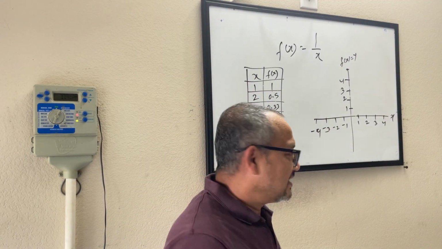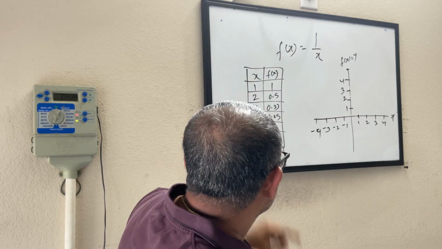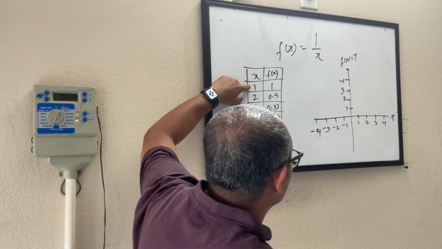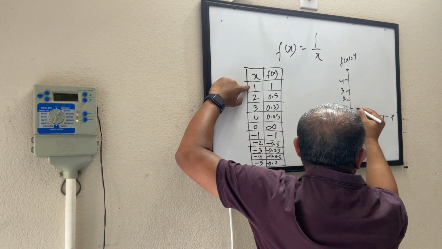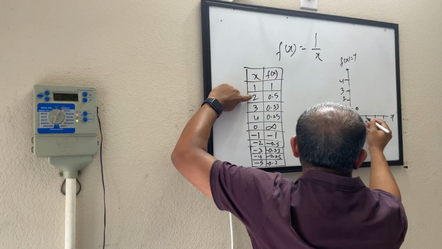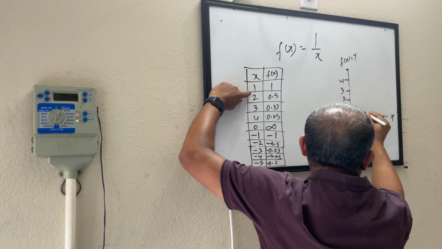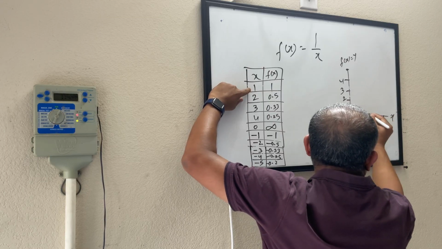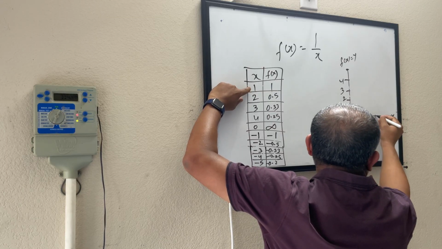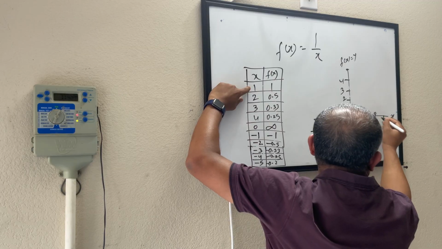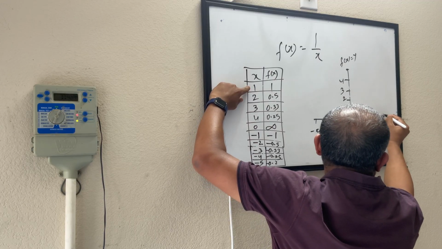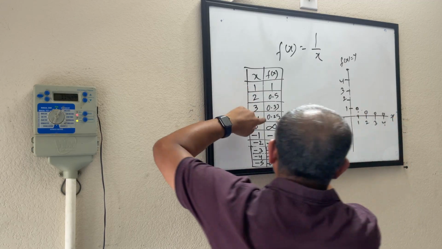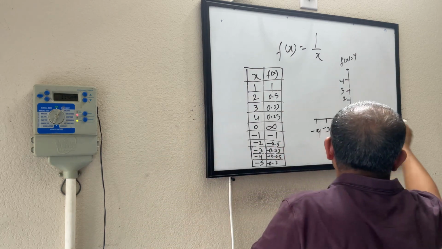Now let's look at little more details. Now let's try plotting it. When x is 1, y is 1. Okay, fine. This is the point. When x is 2, y is 0.5. Maybe here. When x is 3, here. 4, it's coming down. Okay. More the value of x increases,